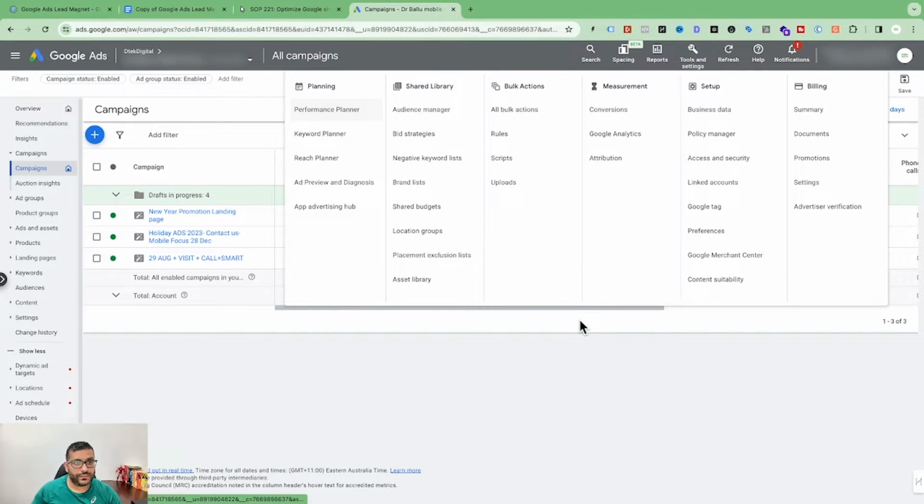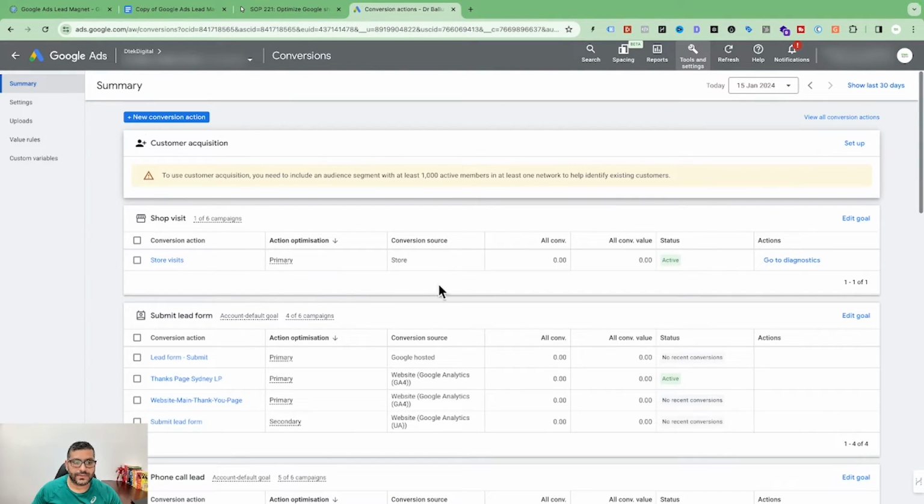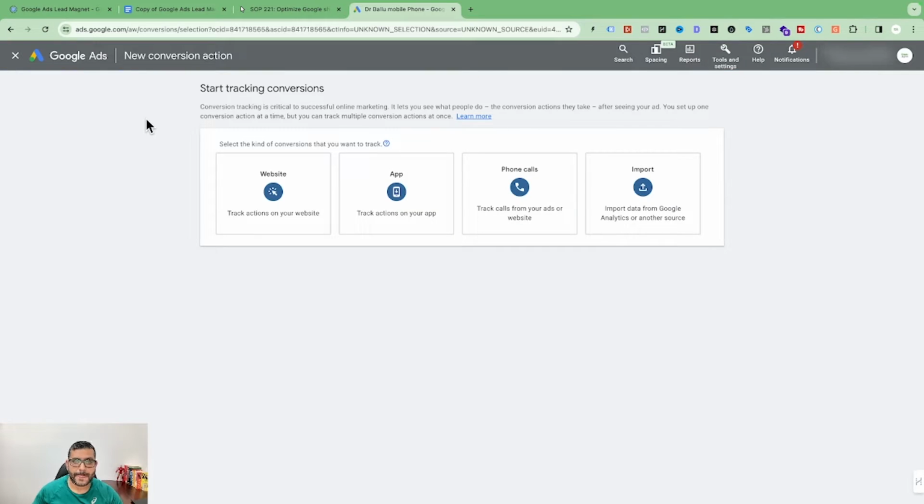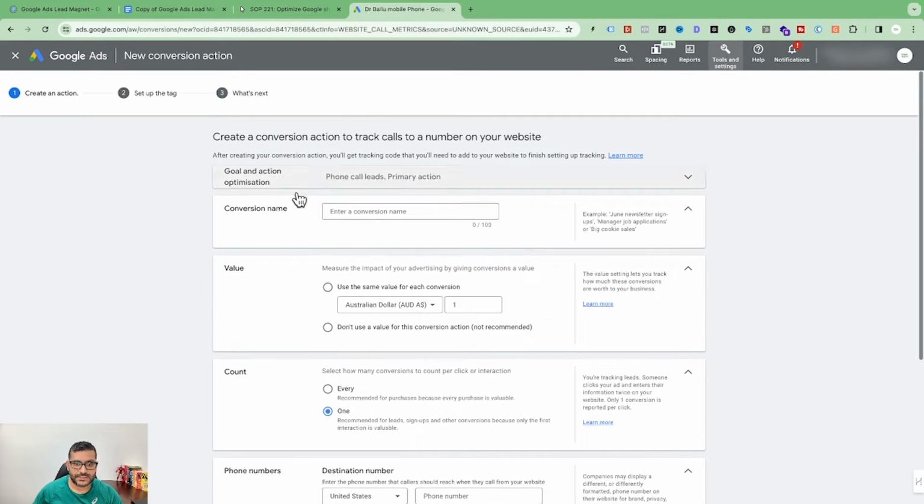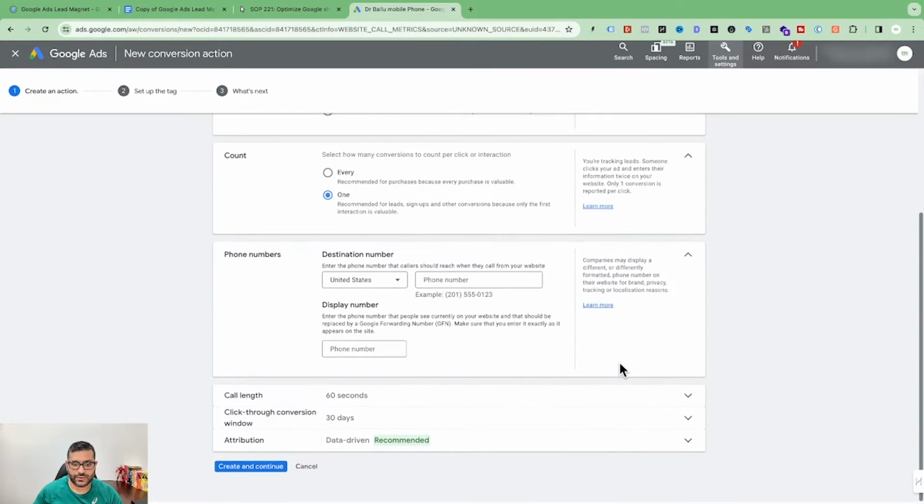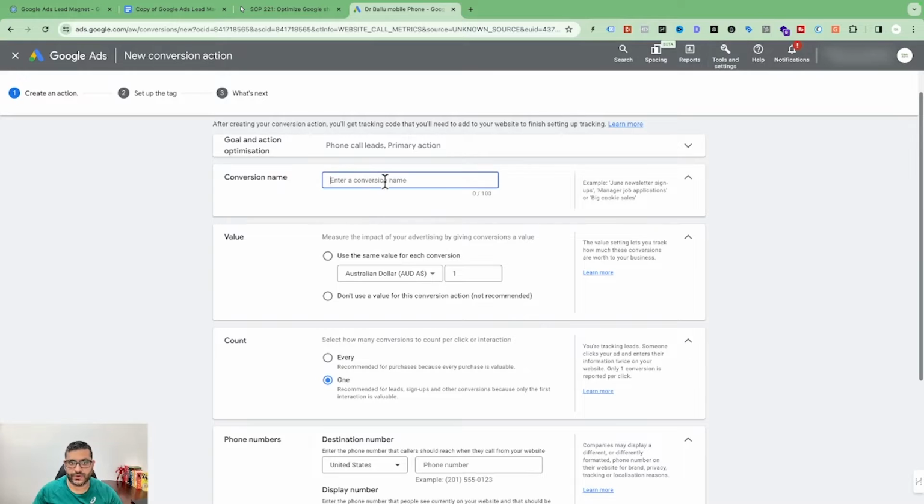To track the call from the website, we need to go back again in tools and settings, conversions, click on new conversion action, phone calls, and this time we're going to click on the second option, which is calls to a phone number on your website. Okay, and then continue. This time it's gonna give us different options, or this one is pretty much the same. So what we're gonna do here is call tracking from website